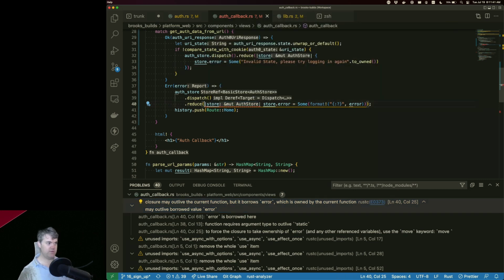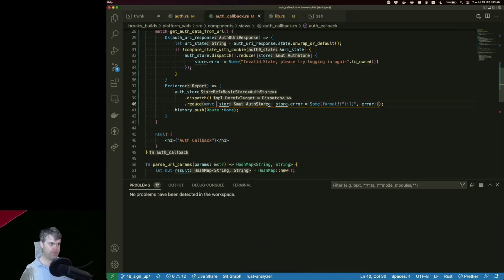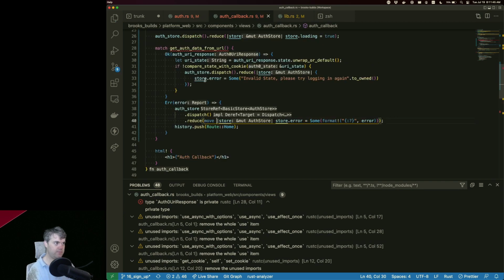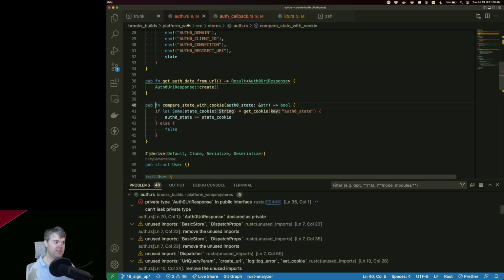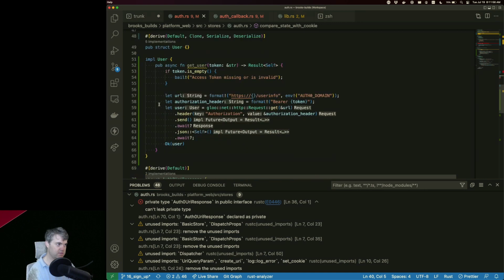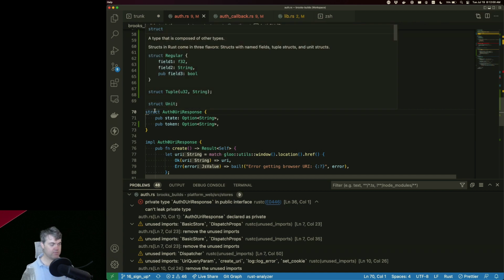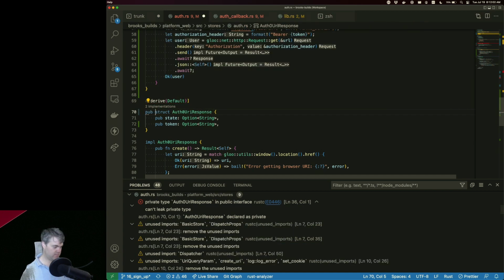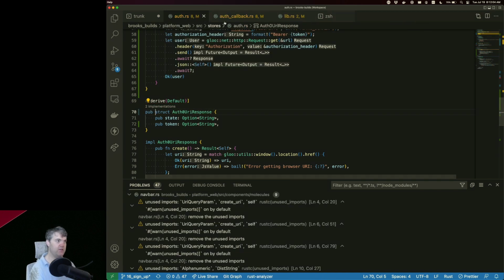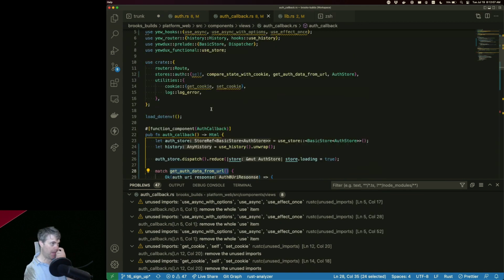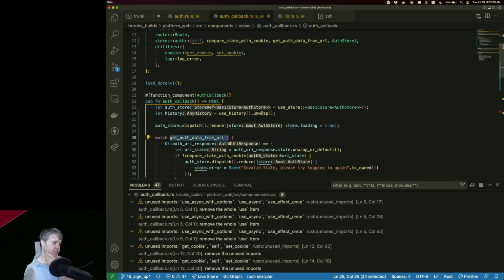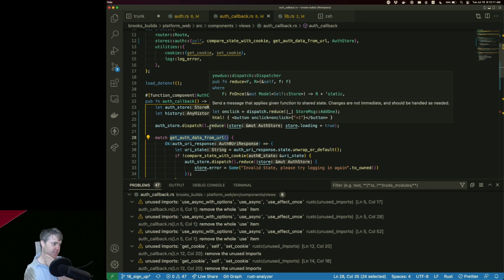Want to move. Auth response is private. Okay, no errors now.